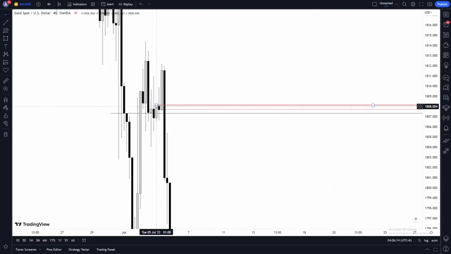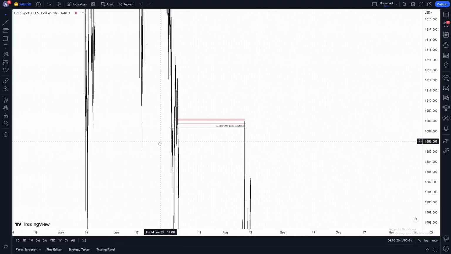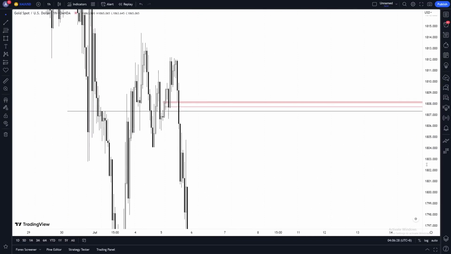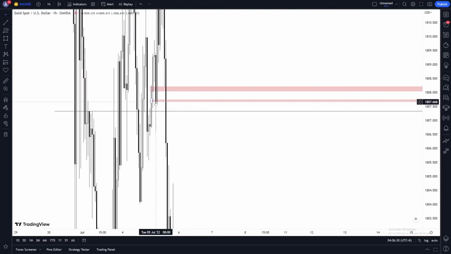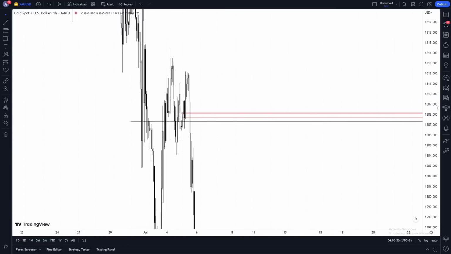What have I marked here? H4 left shoulder, MTF with the daily monthly. H4 SBR, support break become resistance, MTF with the monthly daily or daily monthly, whichever is the same thing. If you wish to, you can go lower time frame and see what's in there. Hopefully we can go there. Yes, we can. Okay, so I see over here we have an SBR on the H1. Over here, there's nothing else at the top. We can refine to the tops, but we will have a lot of things to deal with.